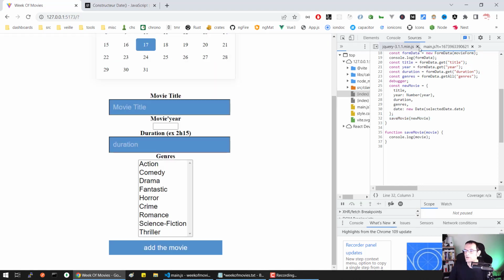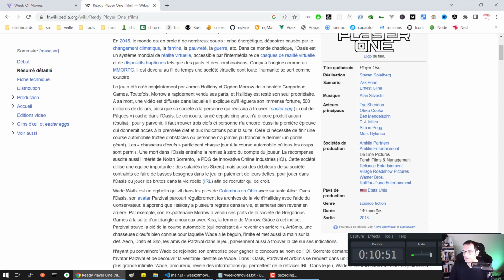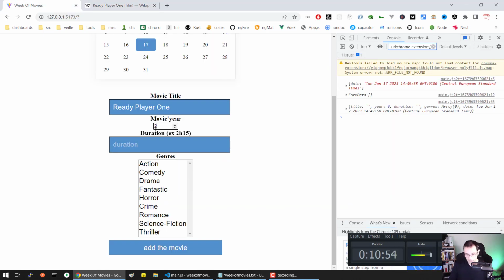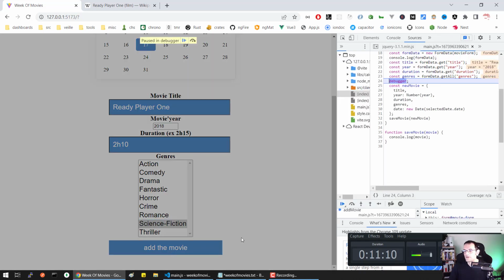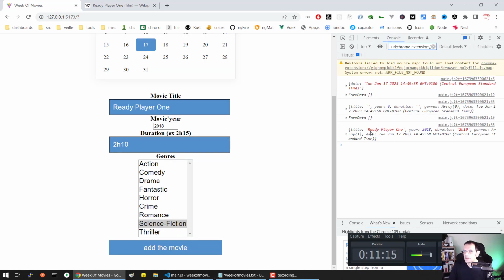So now in the console we should see that we have, let's add the title of, let's say, Ready Player One. It was from 2018. It's got a duration of 2 hours 10. It was a science fiction movie. We can add it, no more need for this debugger, and we can see that now what we retrieve in line 36,